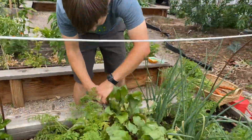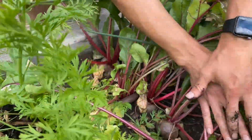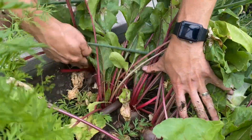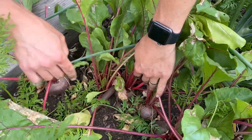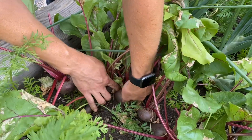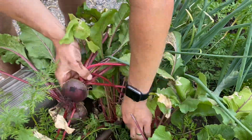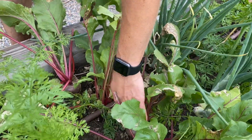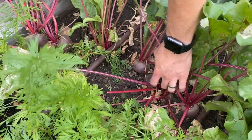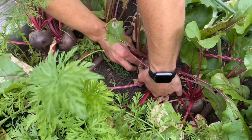Okay, same thing with the beets. While you're there, Holly, you can get that shot too. Pretty good, maybe. So I'm going to take this beet, since it's a really big one, and this one out, and then that'll give a little bit more space for these that haven't developed into roots yet. Okay, let's see, we can leave a couple of these, maybe twist this one out,